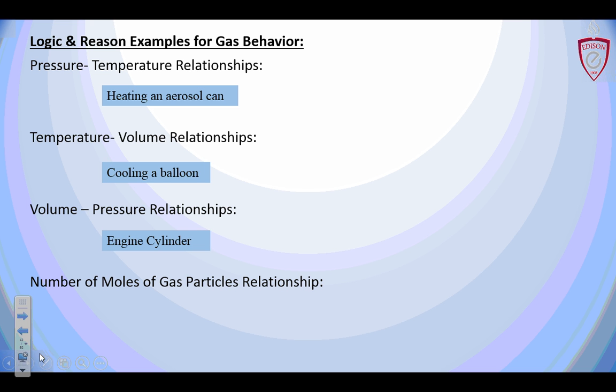And the last little one, the number of moles of gas particles relationship. Basically, like when you're blowing up a balloon, you're putting more moles of gas into the balloon and it expands. Same with the tires. So the volume would increase for one, and two, the pressure would also increase. So if you get a flat, it's because you've lost some gas out of your tire. You fill it up, it creates more pressure and increases the volume. It's got a few relationships built in there. That's why we didn't just say if-then.